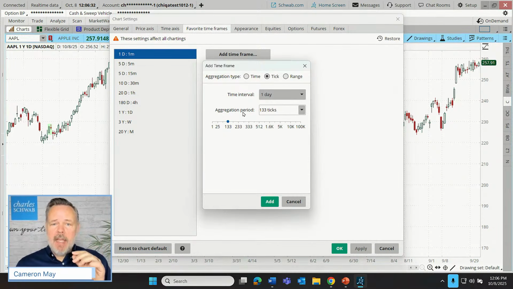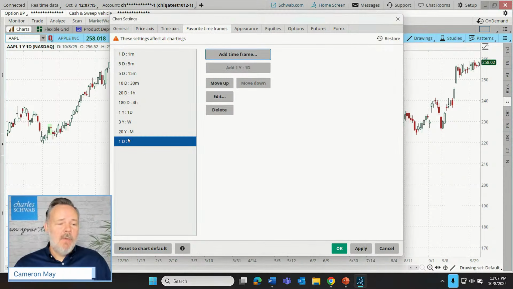Now we're going to go to that aggregation period again. And the default here is going to be each candle consists of 133 ticks, however long it takes for the stock to accrue 133 essentially trades. Each quote that comes through is what's considered a tick. Some stocks that are very active might get 133 ticks quite quickly and create a new candle. Others that are more slow might take longer to aggregate those 133 ticks, but maybe our trader likes to see this literally tick by tick on their chart. So I'm going to add that, a daily chart that's just going tick by tick.